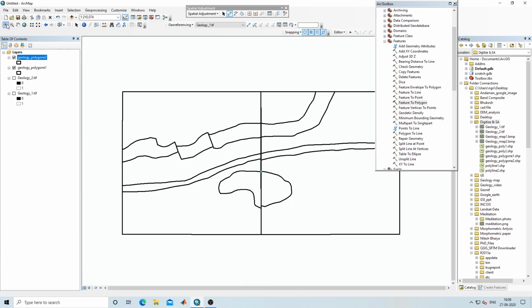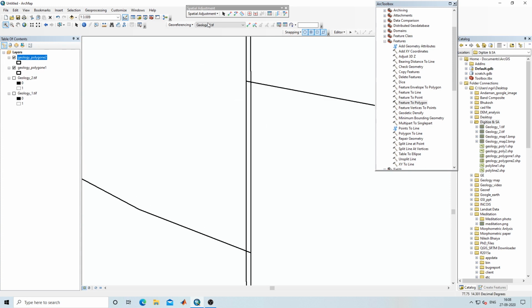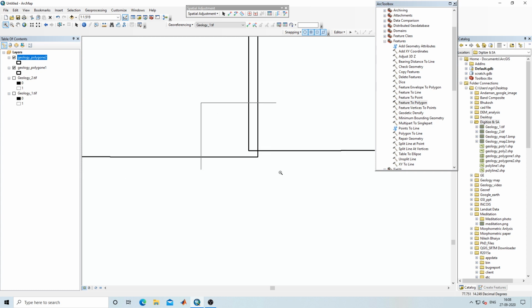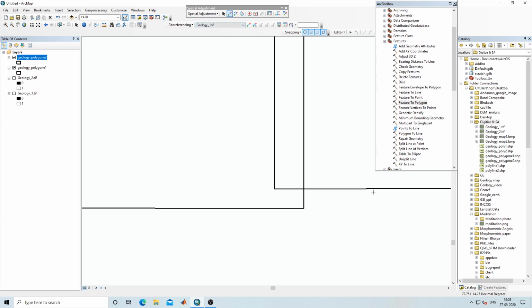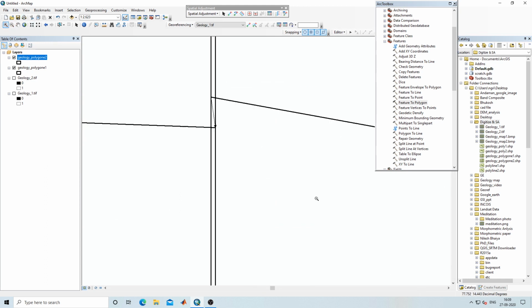I'll zoom. Here we can see this is my geology polygon 2 and this one is 1. At the end we need to give, so here this is our geology polygon 2, this is our 1. So like this we need to give all areas. You can see we have attached everywhere. Now we can see the preview.